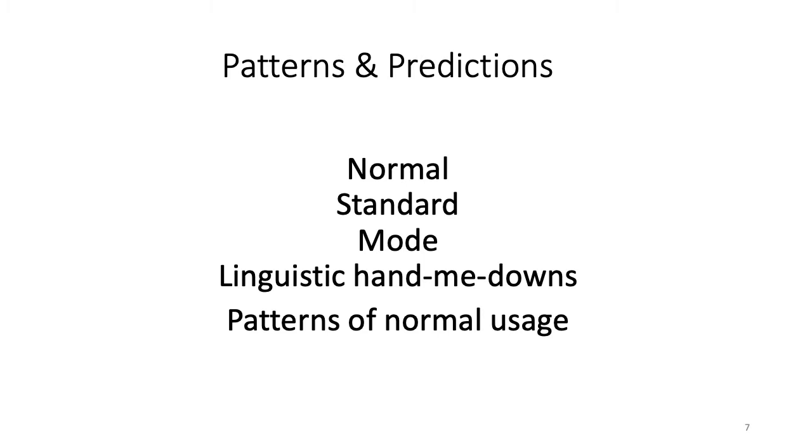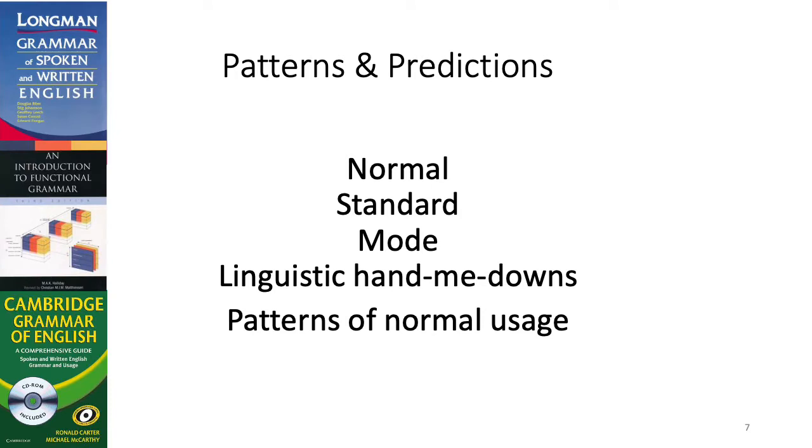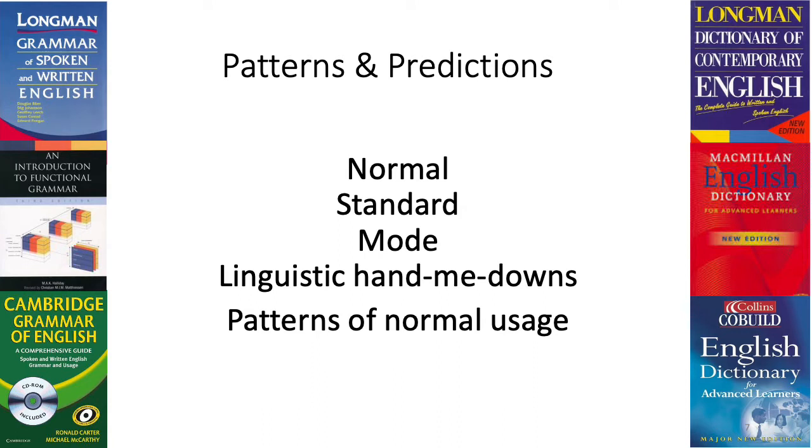So these typical things that we find, these patterns of normal usage, these are in statistics terms known as the mode. These 3 grammar books here on the left, these have all been written in the last 20 or so years, and they have all consulted corpora to express findings about language. Same thing with dictionaries. The dictionaries have also been big exploiters of corpora as sources of data.